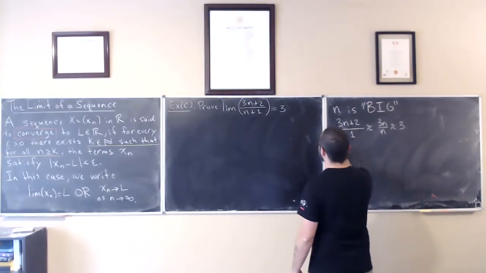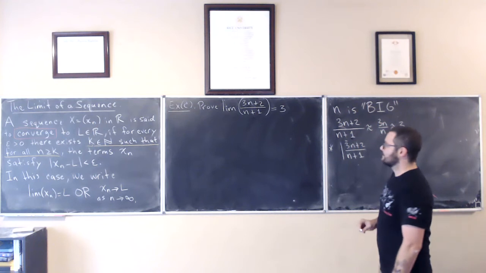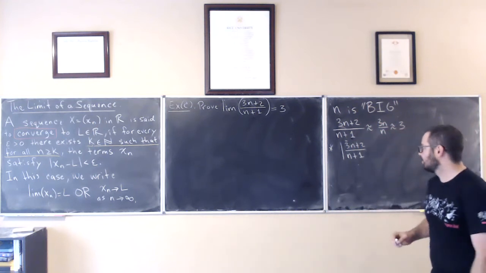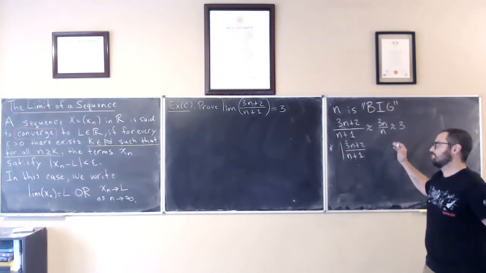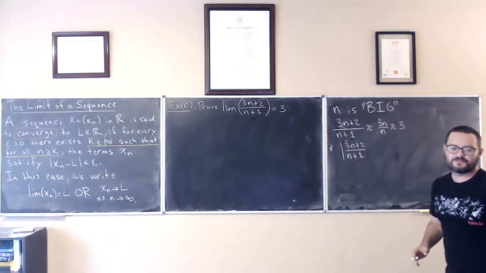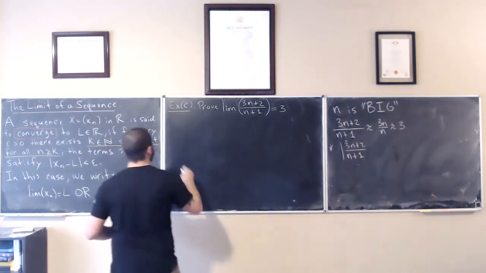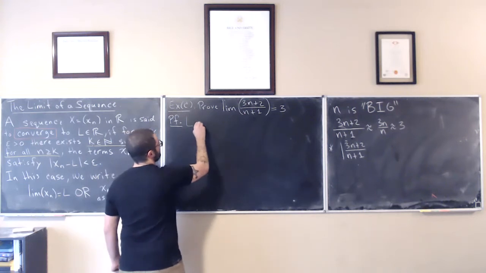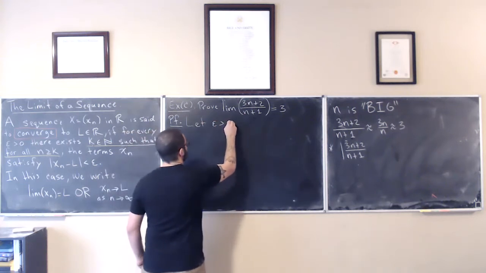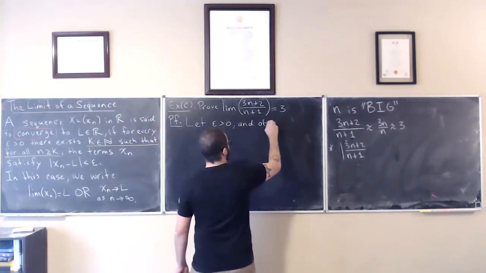All right, so what do we want? In this case, we want 3n plus 2 over n plus 1. Actually, I'll do this a different way. Instead of finding the index k before, I'll do it after. It's just a different style of writing these types of proofs. So let's go ahead and do it. Let epsilon be greater than 0 and observe